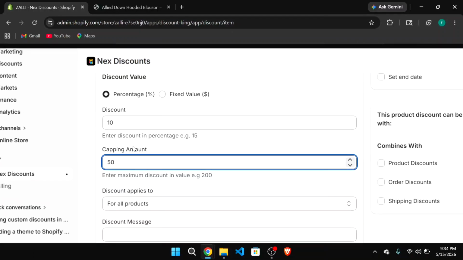Here we can see this is the important part, that is capping amount, because the capping amount limits the maximum discount a customer can receive. So even if the discount would be $200, the app will stop it at $50. So